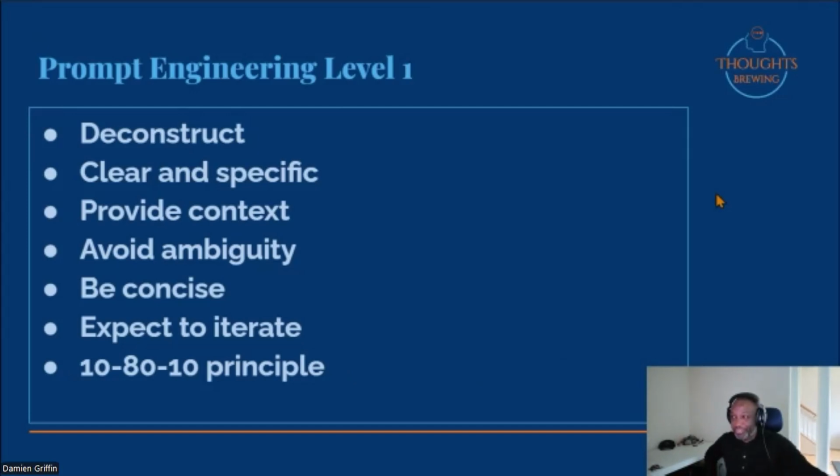I like to call it the 10-80-10 principle. That basically means that up front, you're going to do 10%. You have to figure out what you want, deconstruct it, craft the prompt. That's about 10% of the effort. You feed it into the tool, and in this case, ChatGPT is going to do 80% of the work. And then whatever you get on the tail end, expect to have to review that. You're going to review it, edit it, change it, put it in your own voice, your association's voice, whatever it is.